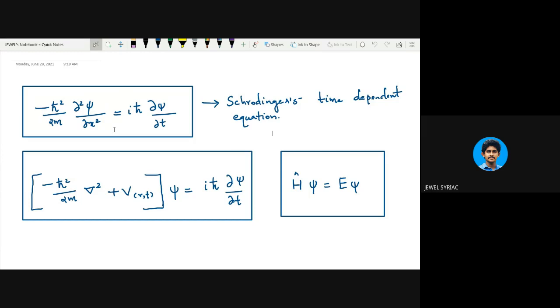of our system changes. Okay, and Schrodinger's equation is a universal equation, an equation used to solve any type of quantum system. Using Schrodinger's equation, you can predict the future of a quantum system or a single particle. What is a quantum system? We can say it is a collection of quantum particles or matter waves. Okay, to understand that, what is a classical system? In the classical system, if we have